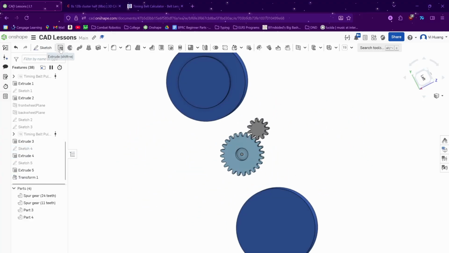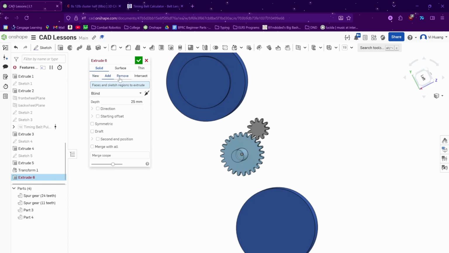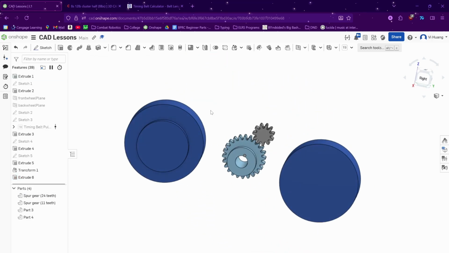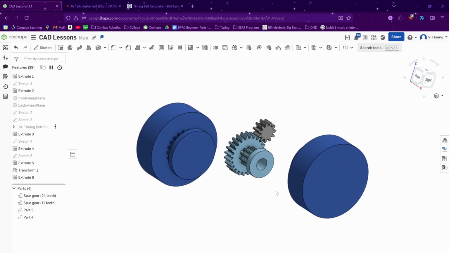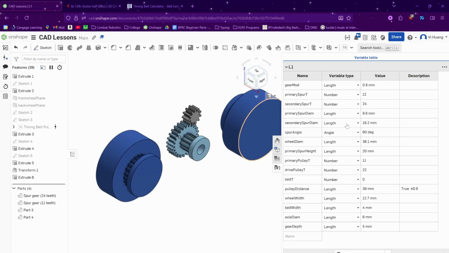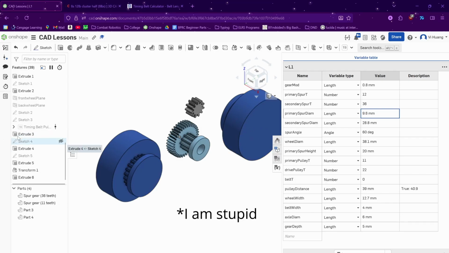Let me just do this. And now we have a basic Ax Drive system that is fully updatable depending on our variable studio. For example, let's say, oh, I want a greater reduction on my secondary spur tooth. We can bump this up to 36. And the entire CAD should update. But